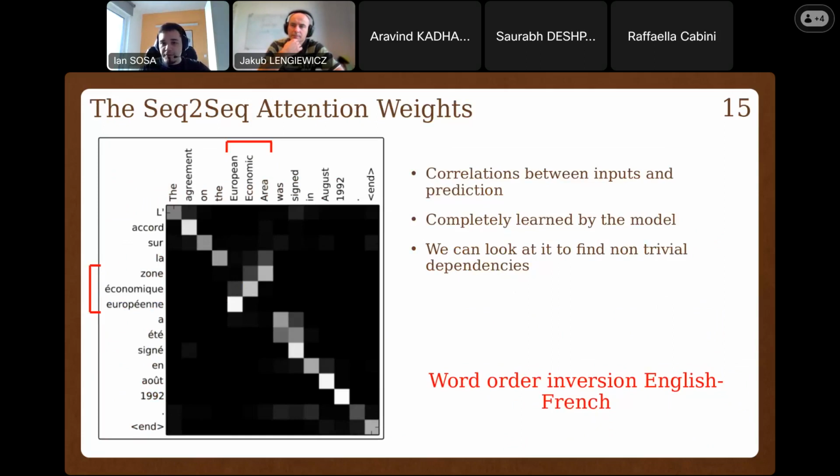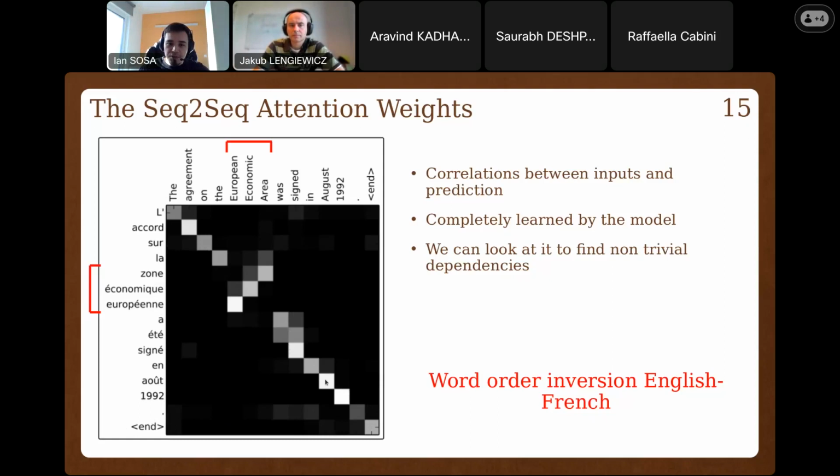And we actually solved the problem of the information compression in the context vector. But it has another interesting property, and that property is that we can actually look at the attention weights and learn something from them. So, for example, here I have an English sentence on the top, and here in the vertical, I have the French translation of the English sentence. And here in the middle, I have the matrix of attention weights, where each column has the attention weights corresponding to that specific word. And we can see that most of the attention is paid on the diagonal, which makes a lot of sense,